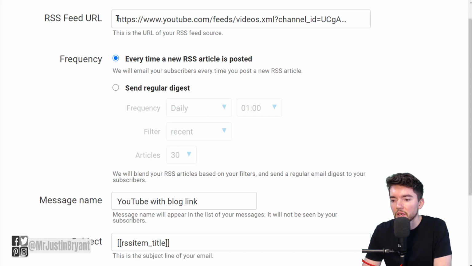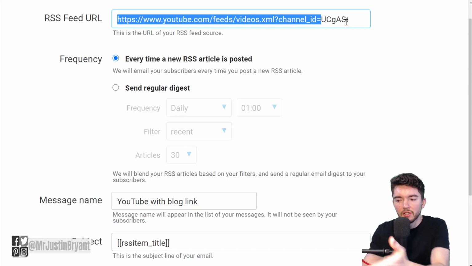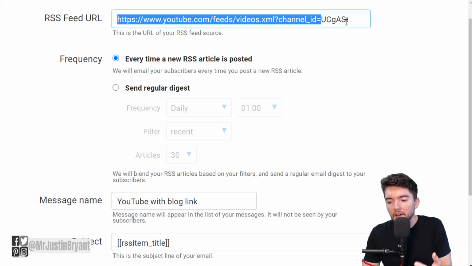It will be youtube.com/feeds/videos.xml?channel_id= and then your ID is that last part after id equals. So you can see that right there. I also have that in the show notes for you, so you can just copy and paste this if you need to, but you can do it that way, or you can go to your channel homepage and then right click